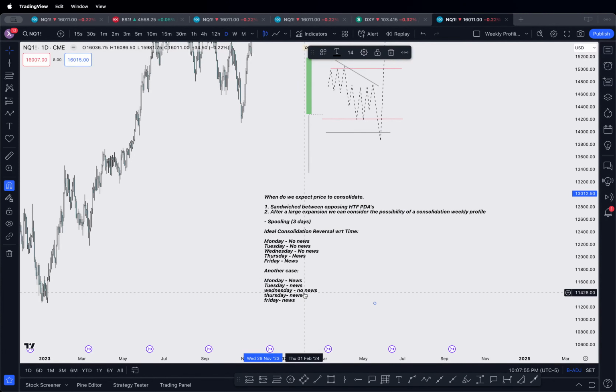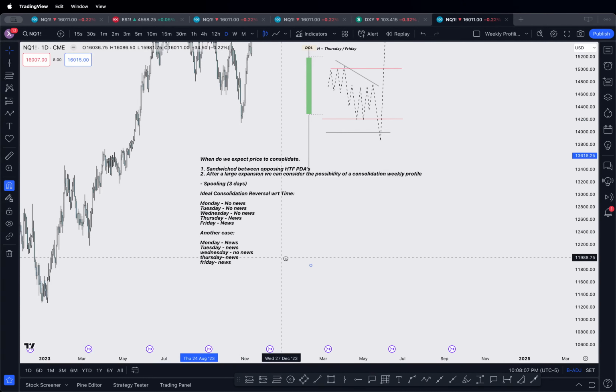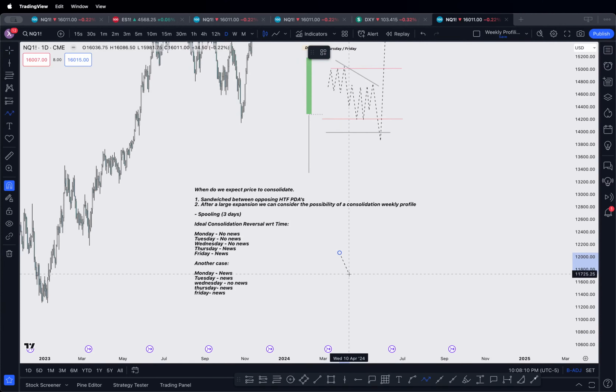What do you think I'm going to expect if Monday and Tuesday are unable to manipulate the external range? I'm going to say that again. If we have an external range created from the last week, for example, and now Monday, here's the low, here's the high. And then Monday, Tuesday, Wednesday looks like this. What do I think the profile for the week is going to be on the Thursday, Friday? Consolidation reversal. Yep. So in your notes, write down, if in a week full of news,